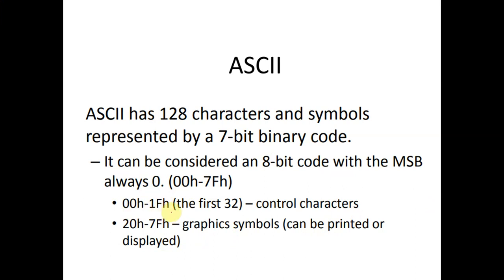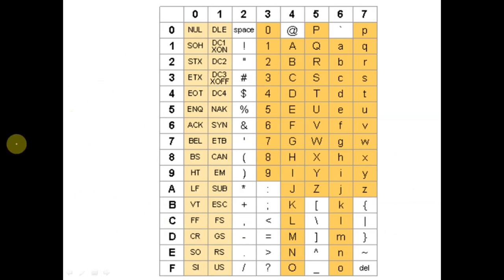Now look here, these are some theoretical parts of ASCII. In ASCII there are 00H, where H is nothing but hexadecimal. These characters are called control characters, and the graphic symbols from 20H to 7FH can be printed or displayed. See here, these are the ASCII characters. These are some ASCII characters used internationally, and some ASCII characters are used for computer methods.